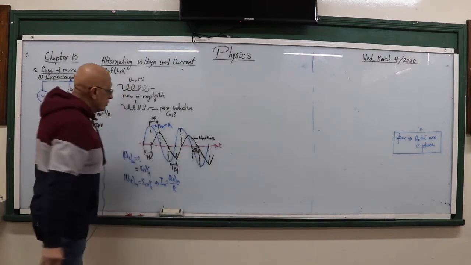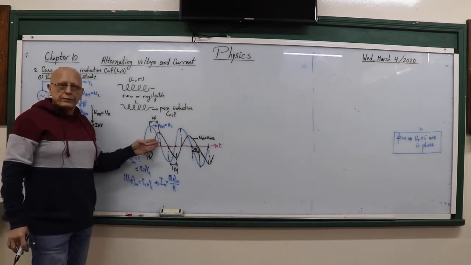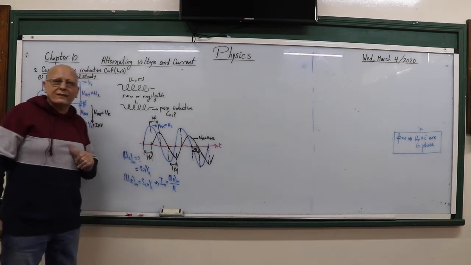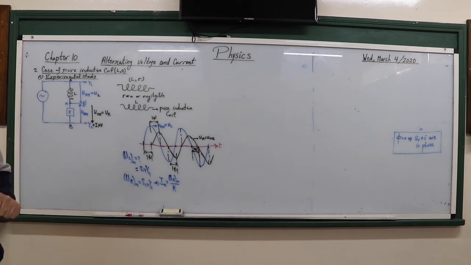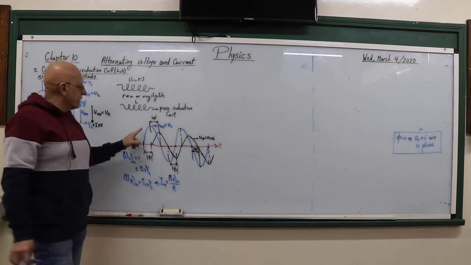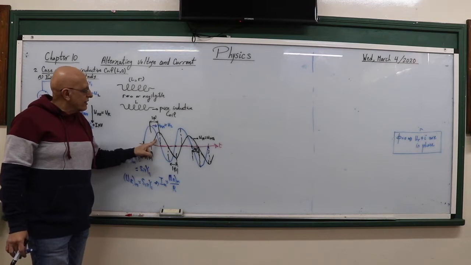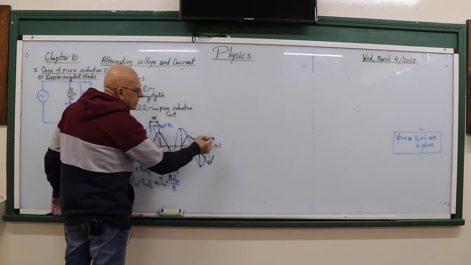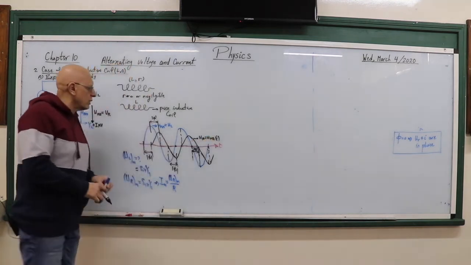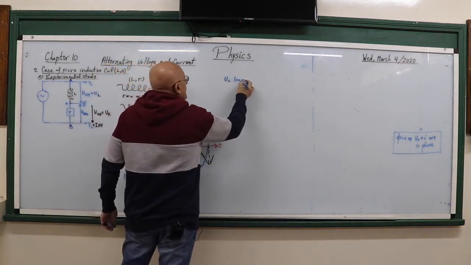Okay. If you look at the two waveforms, you can deduce which one leads the other. I want to ask you, which waveform leads the other? You will tell me that the blue waveform, which represents UL, leads the voltage UR, which represents also I, as we said, because it's proportional to I. So we deduce here experimentally that UL leads I